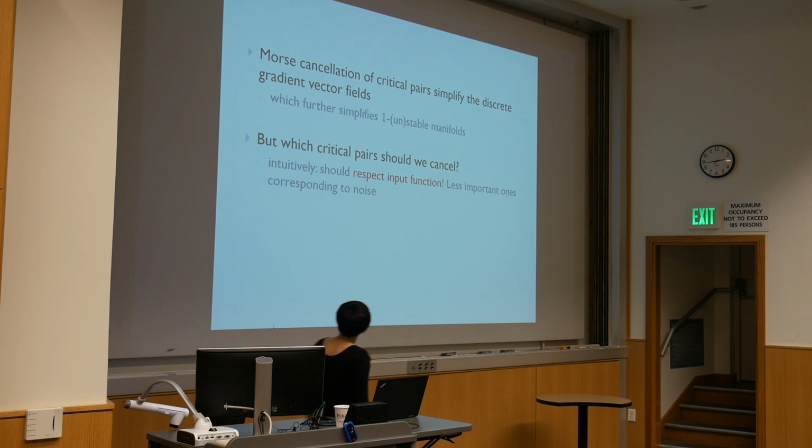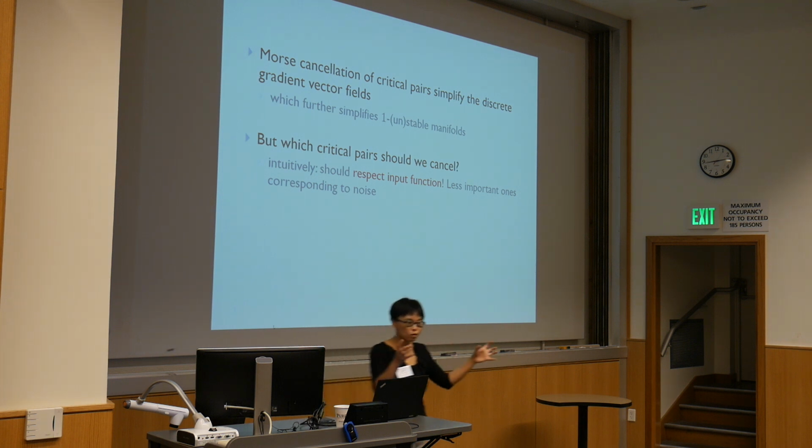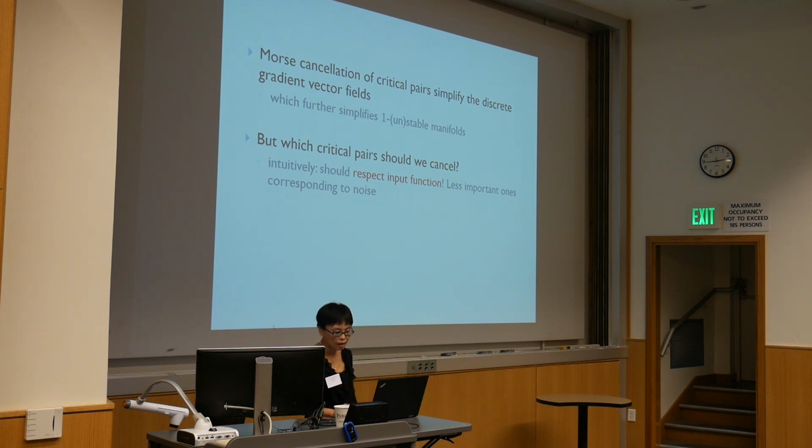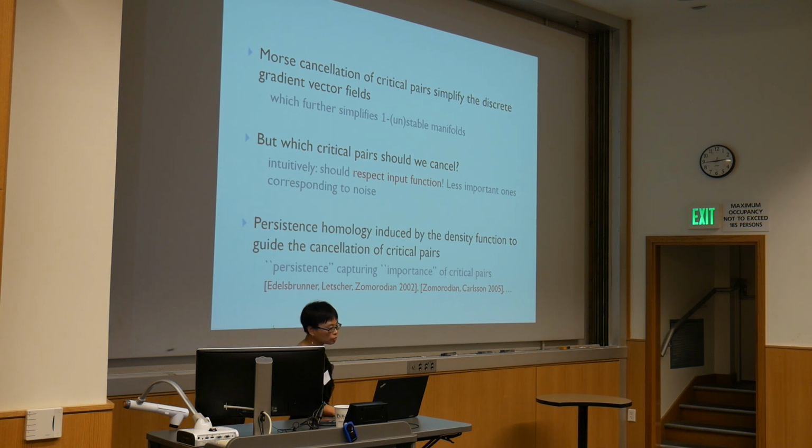Okay, so if we have a density field at vertices of our triangulation to start with, we would hope that when I cancel critical pairs, I should try to preserve the important real features of the hidden density field and cancel out the small ones. Okay, and I want something to guide me in this cancellation. And for this, I'm going to introduce the so-called persistent homology. Okay, so the persistent homology,